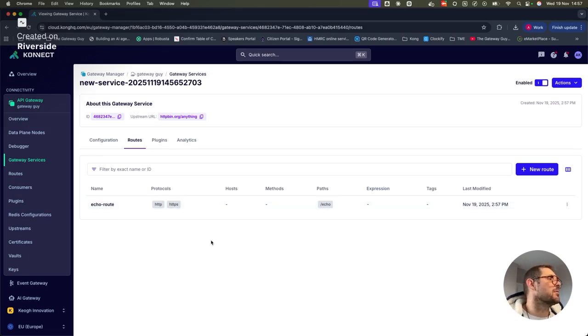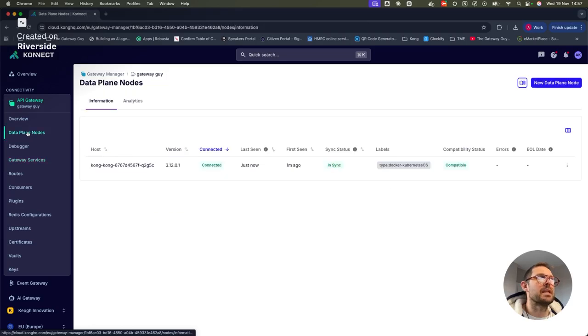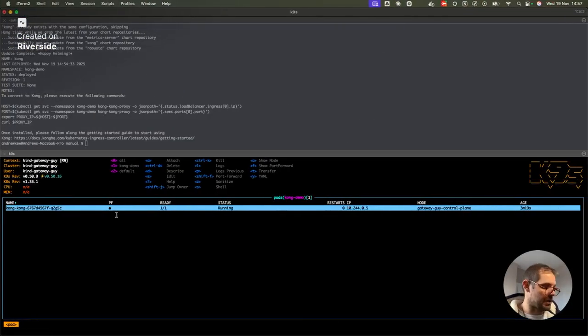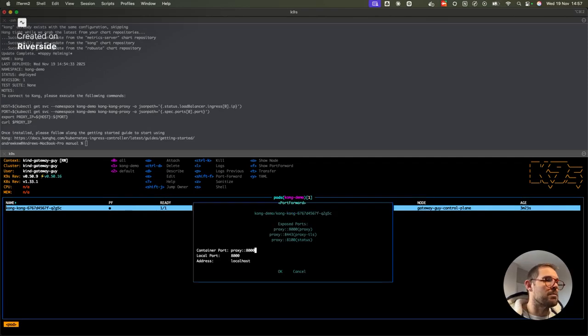Okay, so now if I go back to my data plane nodes, oh, that flashed very quickly, but it wasn't in sync, but it's now in sync. So these changes I've made to the control plane have now synced down to the data plane. So let's jump across to my data plane and have a look at what that looks like. If I port forward my port here,